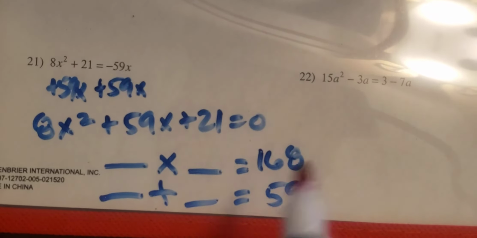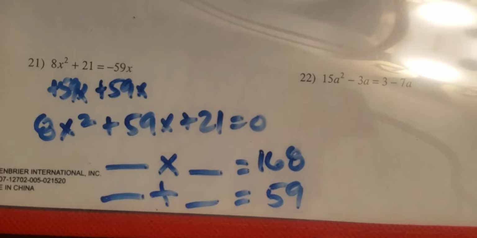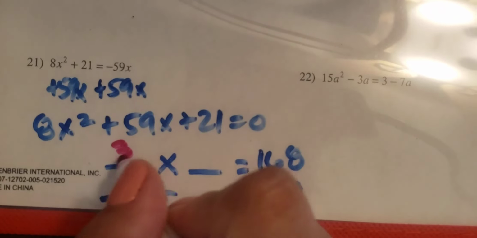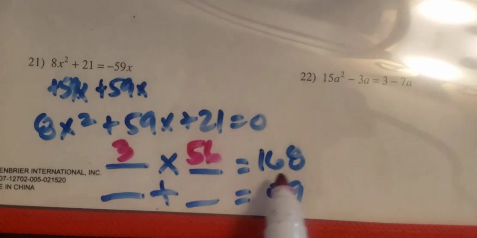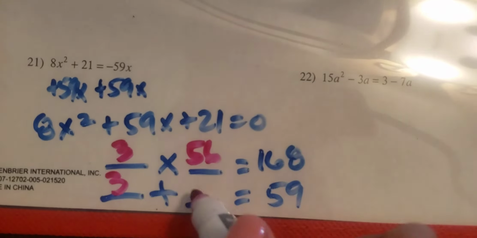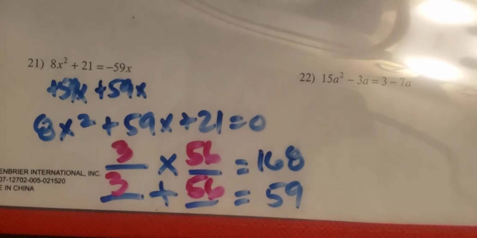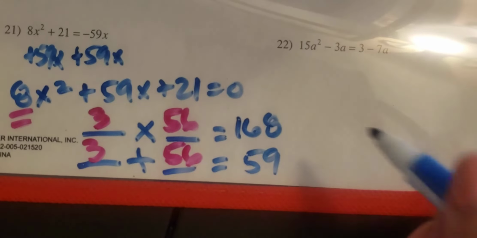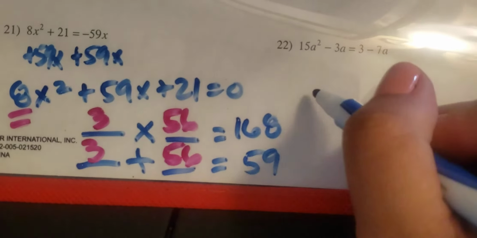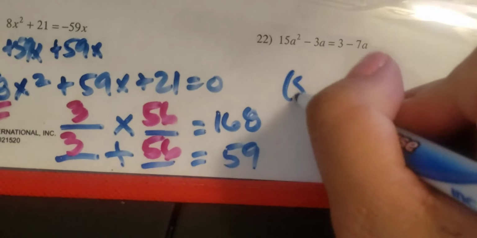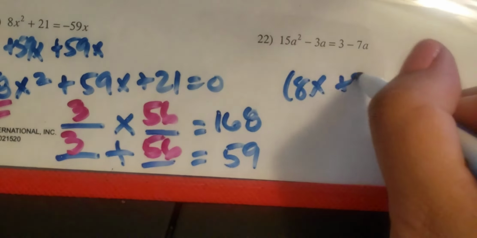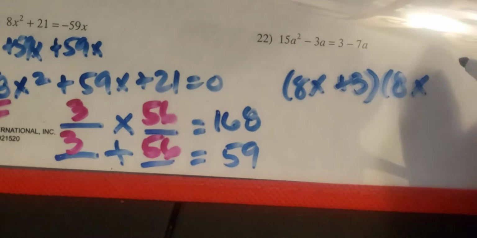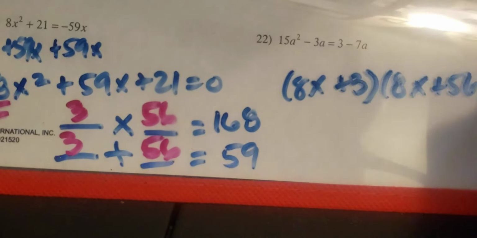Can you think of two numbers that when you multiply give you 168 and add to give you 59? If you divide 168 by 3, it'll give you 56. So 3 times 56 will give you 168, and 3 plus 56 will give you 59. Okay, so those are our factors. We have a coefficient of 8 for our A, so if you recall, you're supposed to repeat it. So we're going to write 8x plus 3 and 8x plus 56, and we're going to set it equal to